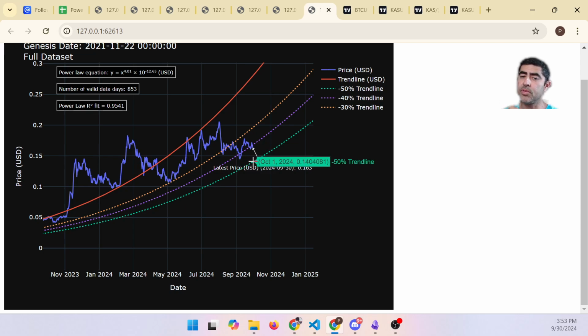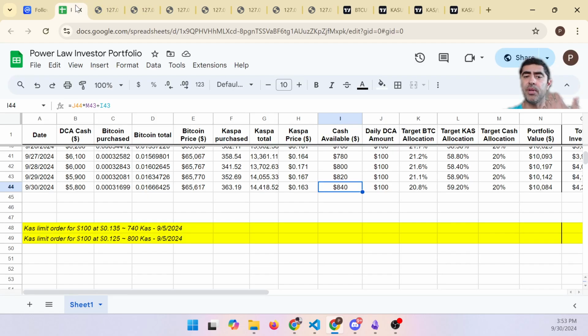So the minus 50% is around 14 cents. So anything between 16 and a half and 14 cents is a pretty good opportunity. So if we do get a couple of downdrafts and we hit 15 cents or even 14 cents, that's why we have all this capital ready to go. I have these limit orders previously placed at 13 and a half and 12 and a half cents, but I will probably update them to be buying at around 14 cents and maybe 14 and a half cents. I think that would be a good buying opportunity.